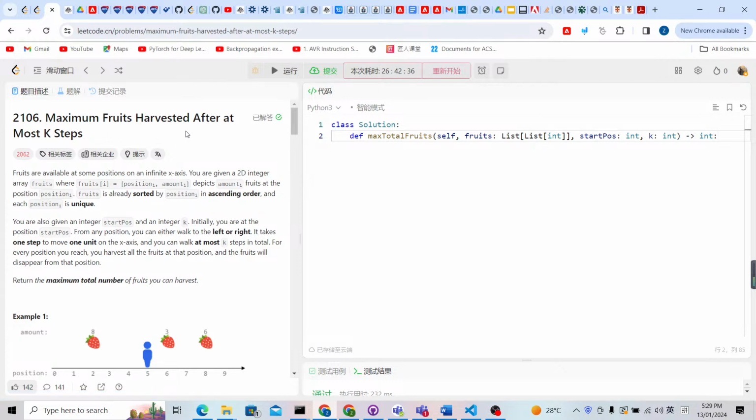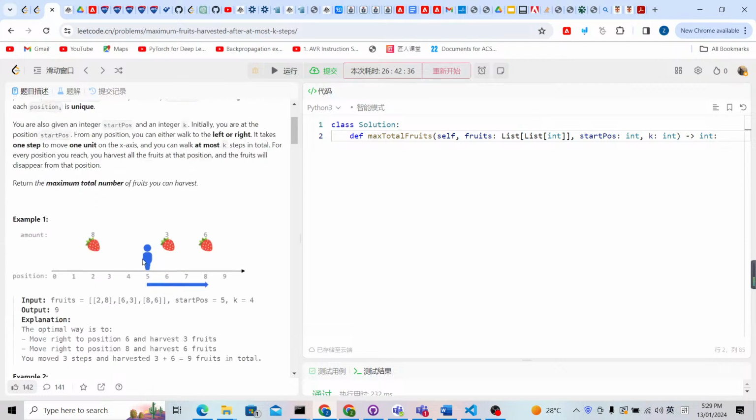Maximum fruits harvested after at most k steps. For this problem, we are given an array with the fruits. Inside the array, each entry is a subarray with the length of 2. The first index is the position,